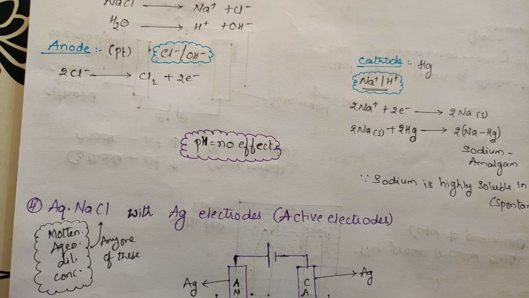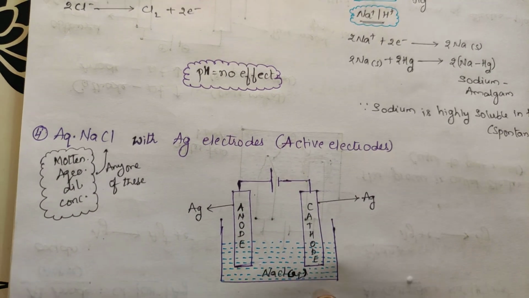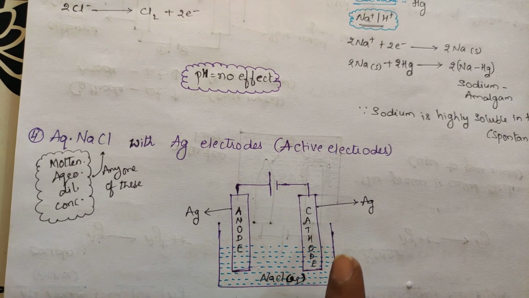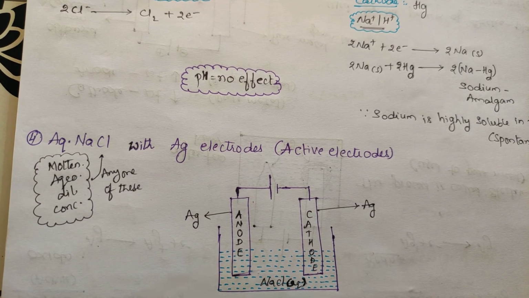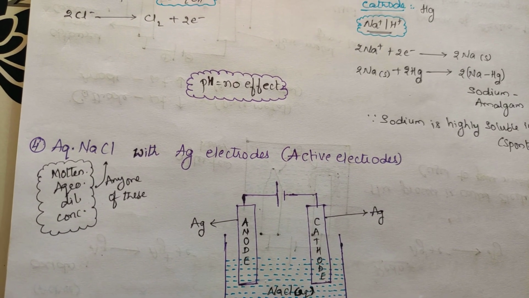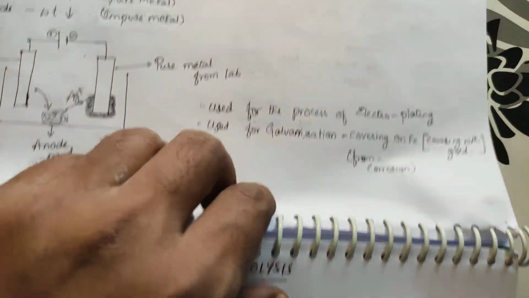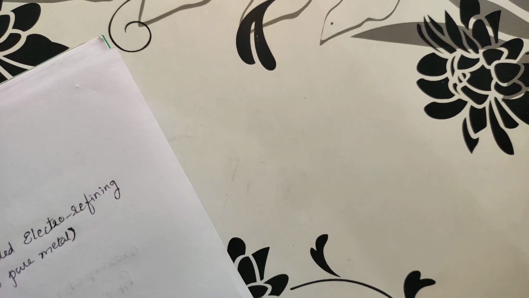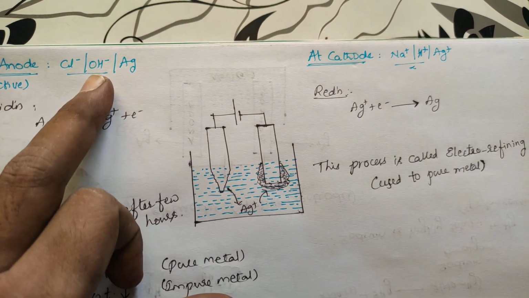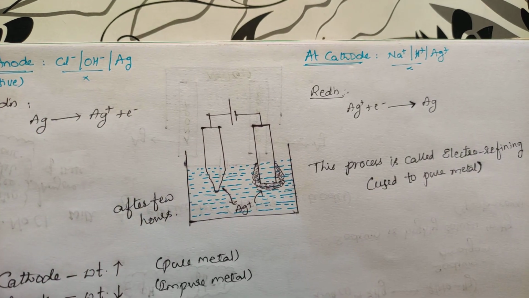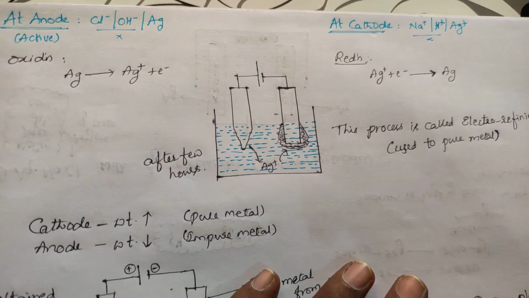Anything. If you take anything and you use silver electrodes, in this condition you are using both the electrodes as silver only. Here also silver electrode, here also silver electrode, and you are taking NaCl, aqueous or molten or anything. So this is what will be happening here. At anode, what will you be getting? NaCl, right, if aqueous, you will be having OH minus, Cl minus, as well as Ag. Clear? So here the anode or cathode is very active.